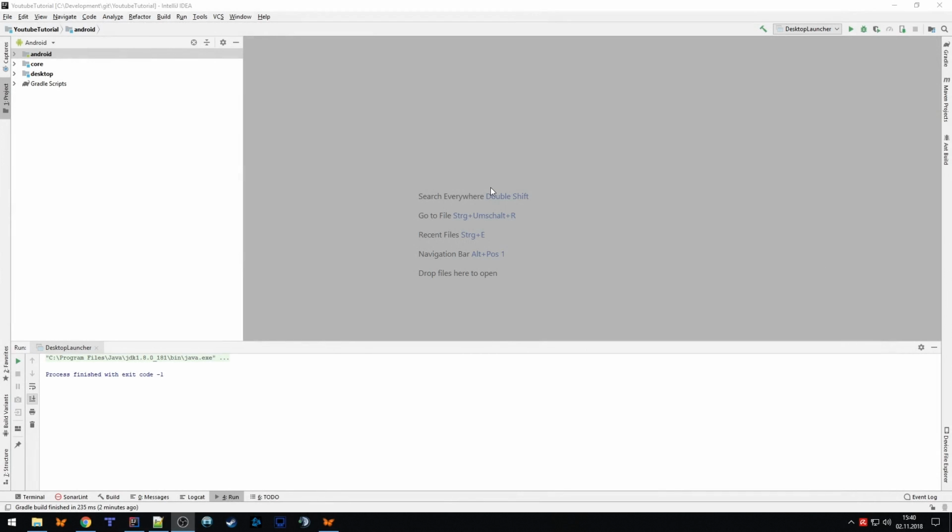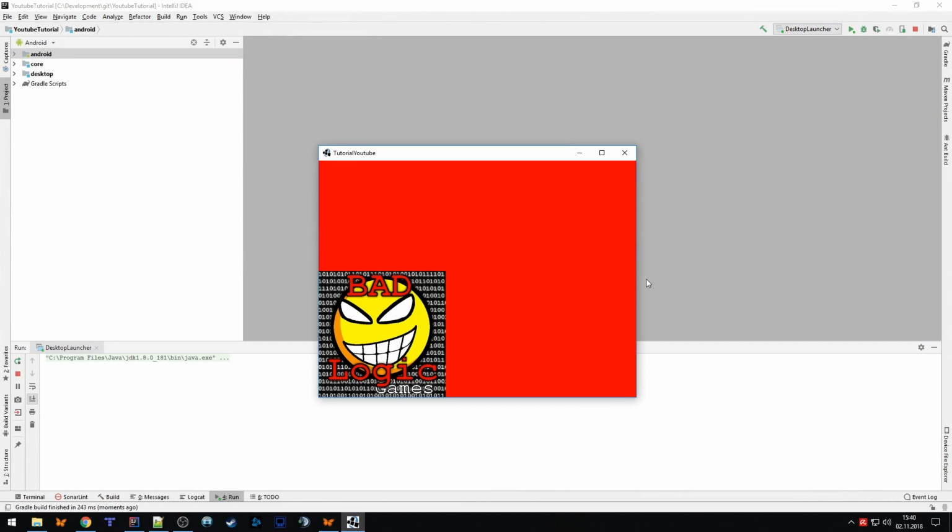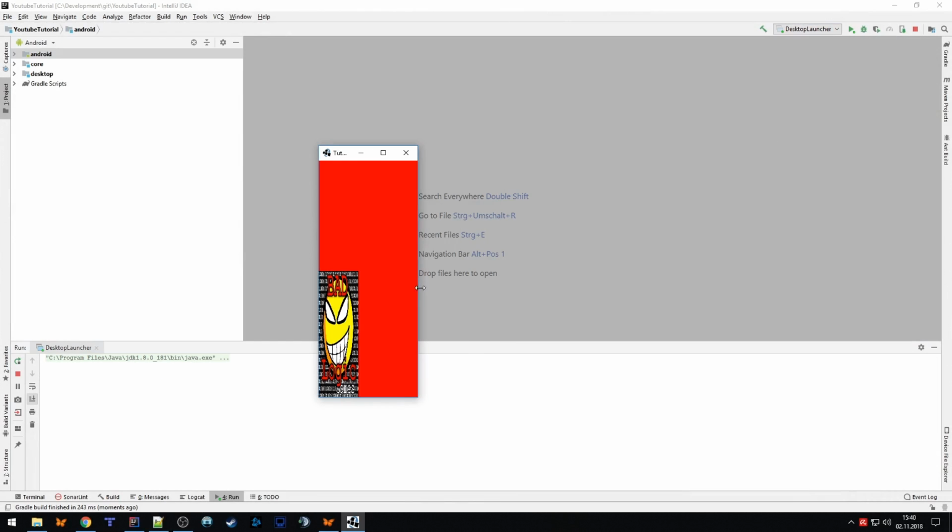So last time we created the base project and imported it to our IDE, and in this part I want to discuss a little bit first of all about the problem that we had with this square here, so that when we resize the window it looks strange and not as we wanted maybe, and also a little bit about the life cycle of the game.